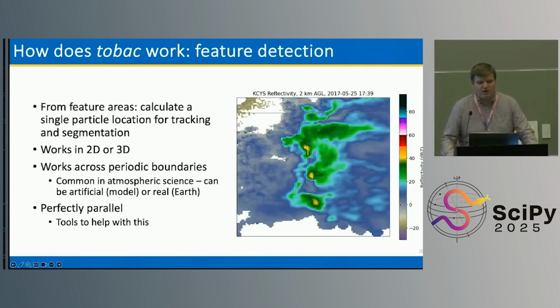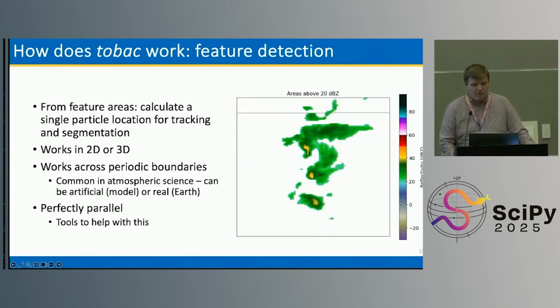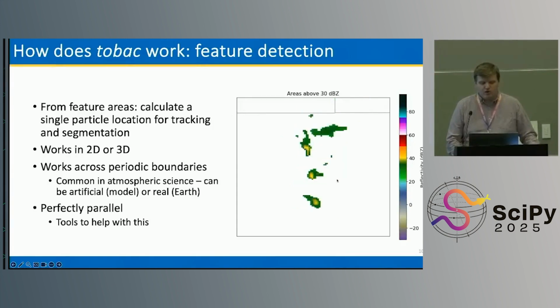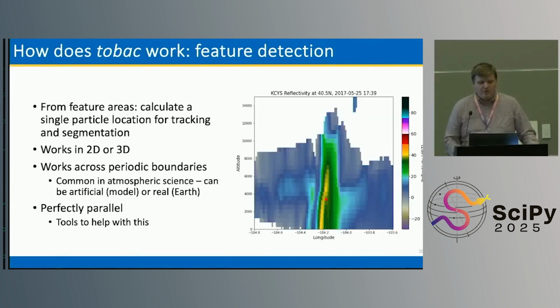So we can take these sort of feature areas and then we can say, okay, let's look at our first feature threshold, 20 dBZ. 20 dBZ is a pretty weak storm, but it's still something we want to be able to track. That's the beauty of the multiple thresholds: we can set these weaker thresholds and still identify storms in their genesis and their decay, and also capture mature phase storms and split them up. If we just used one threshold here, this entire monster here would all be considered one storm. And then we actually can go up to multiple thresholds, 30 dBZ, 40 dBZ, and this whole thing works in 2D or 3D, as I mentioned before.